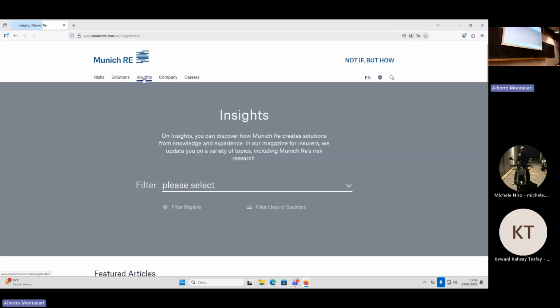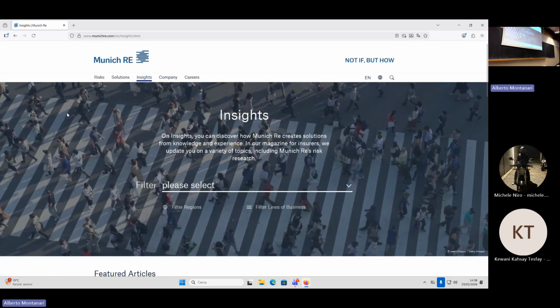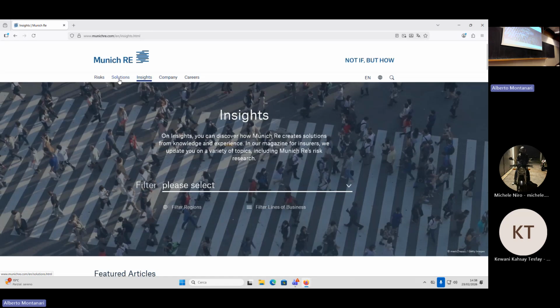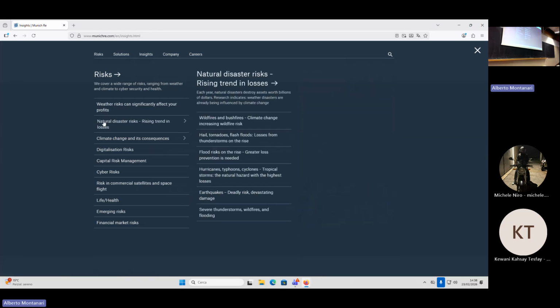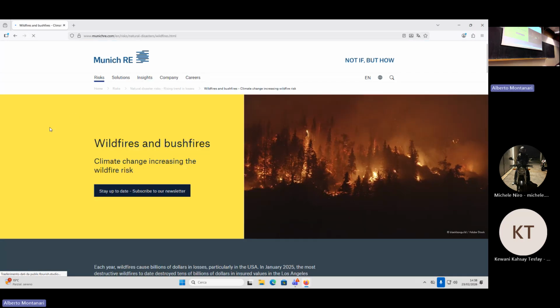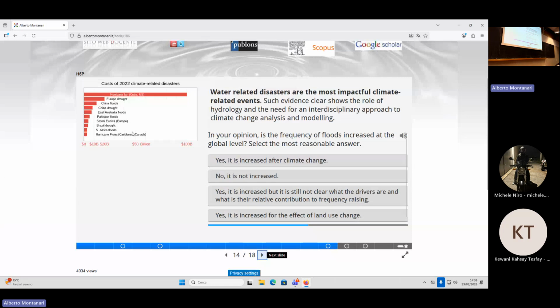And let me see, probably they are in insight or under risks. Okay. And here there is, you see, natural disaster risk, rising trend in losses, and a lot of links, and there are a lot of data. I'm not exploring anymore, but what I wanted to say is that this graph here is taken by Munich Re. Okay. And so basically,